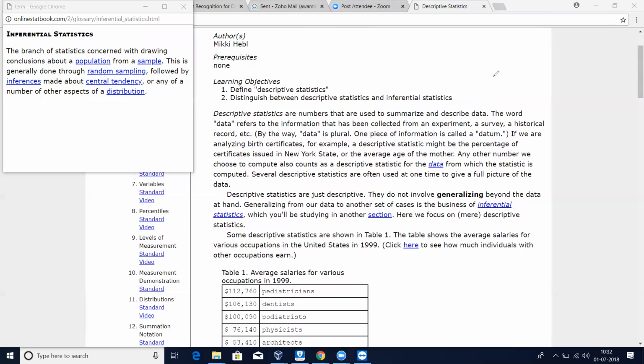You will mostly never have the entire population of data. Entire population of data means the entire collection of data. If I tell you, okay, I'll give you employee data, and you have to figure out their lifestyle, it will never be possible for me to give the employee data of the entire world, right? So whatever data I give you will be a sample subset. The entire data is known as the population.